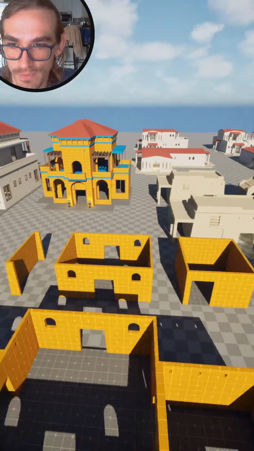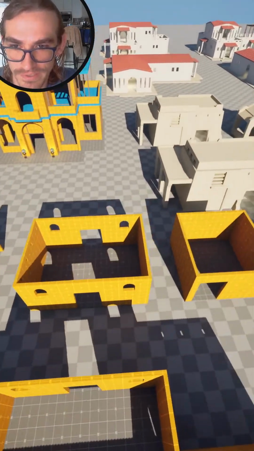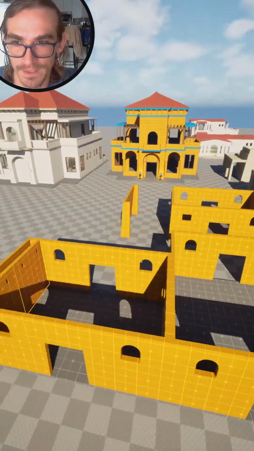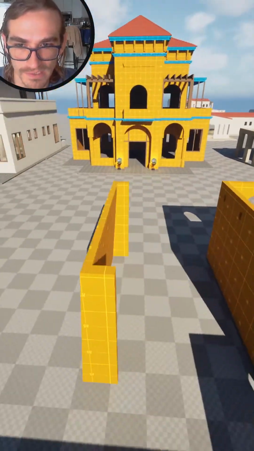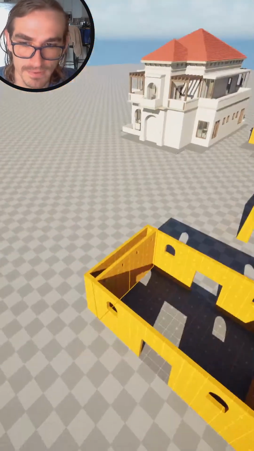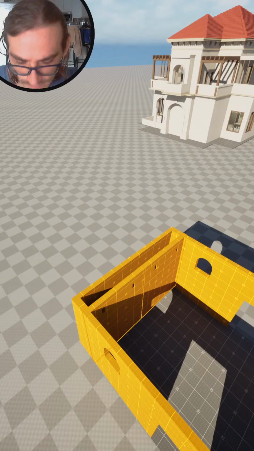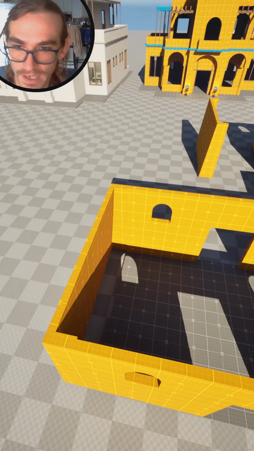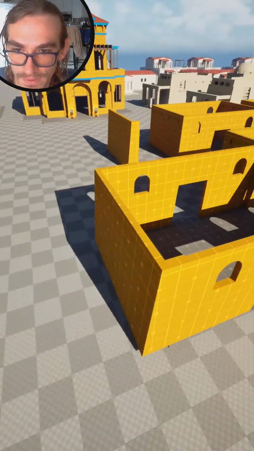So I'm trying to come up with a little bit more of a squared version of them, and then I'm trying to figure out how to add interesting walls like this to the sides, for example, so we can, let's say we don't want these walls here and we get these other ones,